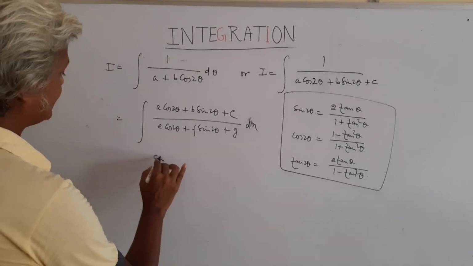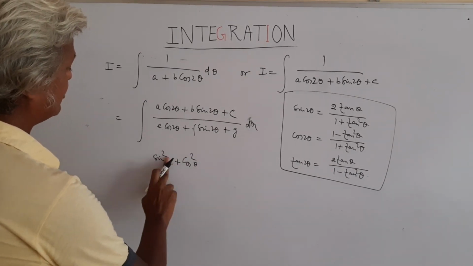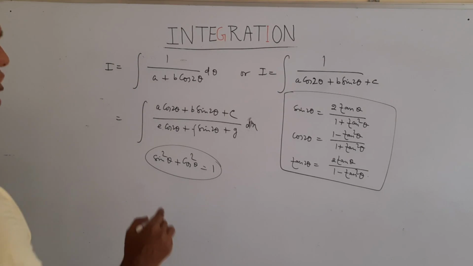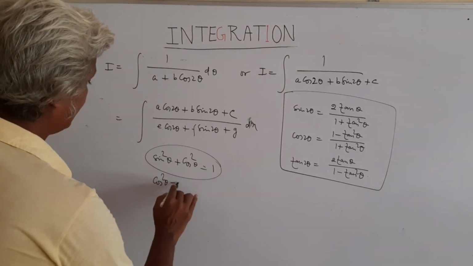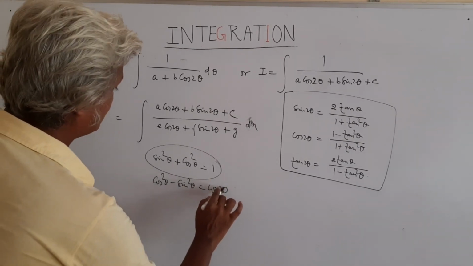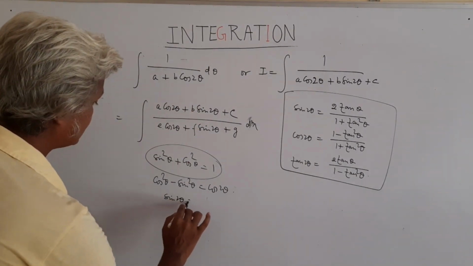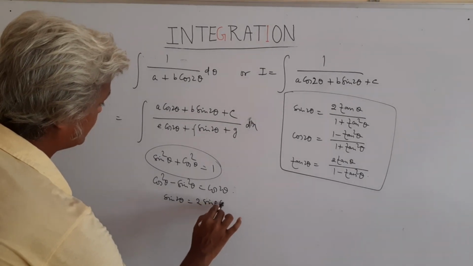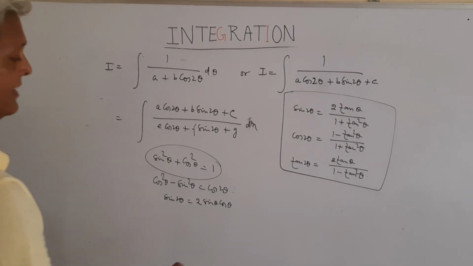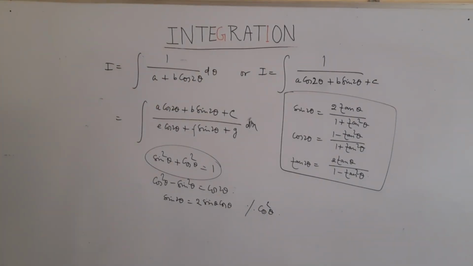And we will adopt the idea that whenever you have a constant, you can write that constant as sin square theta plus cos square theta, which always gives you 1, and cos square theta minus sin square theta is cos 2 theta. And using the value of sin 2 theta as 2 sin theta cos theta, we will express the whole expression in terms of sin theta and cos theta, and then we will divide both numerator and denominator by cos square theta, and we'll get our standard form.